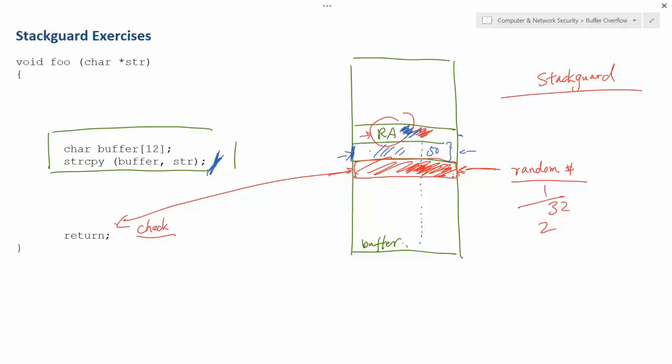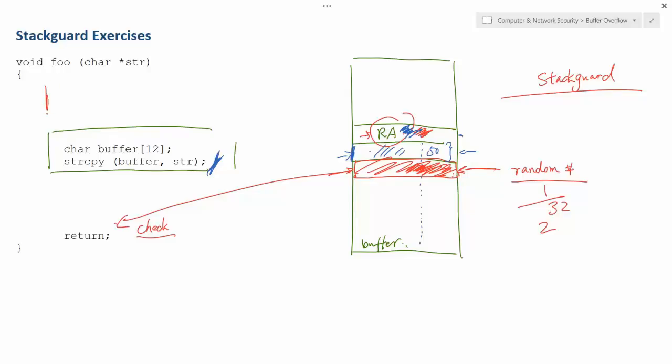Now let's implement this idea by adding a few things to this program. We're going to add this guard to every function, regardless of whether you have a buffer or not. If you do have a buffer and you overflow it, I can detect it. If you don't, then I'm just wasting memory, which is okay. So let's change this code. I don't want my code to depend on the logic of this program. I want it to be generic, so that the same code I add can be added to every function.